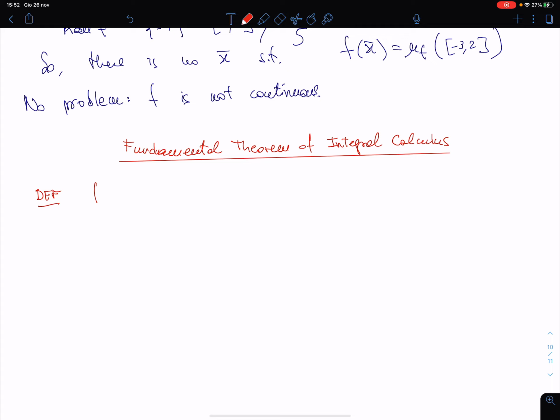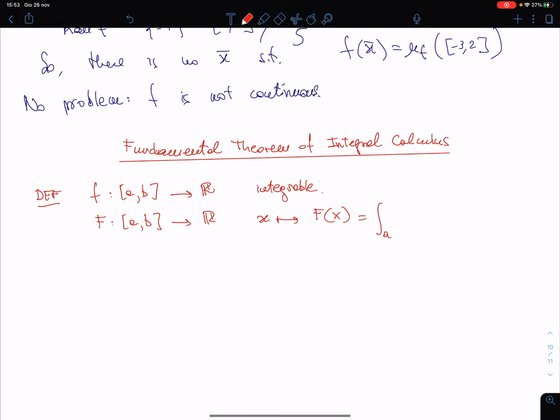We have a function f whose domain is [a,b] and whose target set is R. This is integrable. Since it is integrable, it is possible to define a function F, capital F, from [a,b] to R, that associates to every x the value F of x, which is the integral from a to x